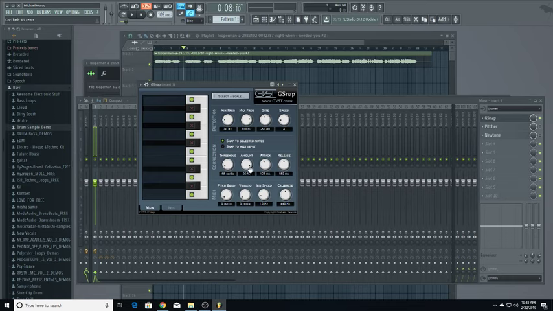The same thing with the amount. You can dial that up a little bit more. 90% sounds pretty good. It just depends on how pitchy it actually is. The attack is how fast this pitch correction really snaps those vocals in. And so it kind of depends on, again, the vocal, on what kind of ratio you want to keep this attack in. You could leave it as the default, or you could